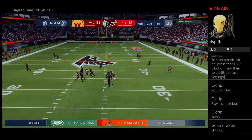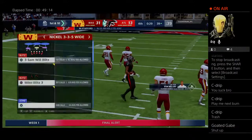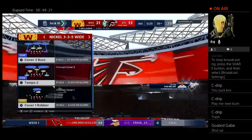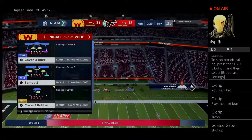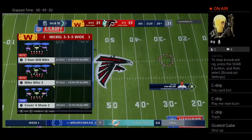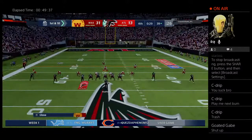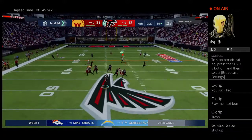From the gun, Stafford. And oh, look at that, a diving catch. That's good. 22 more yards there and another 1st down. Now the Falcons going to use one of their timeouts as the clock will stop with just under 30 seconds left to go. Back-to-back good plays have them on the move on 1st down. Operating from the gun,